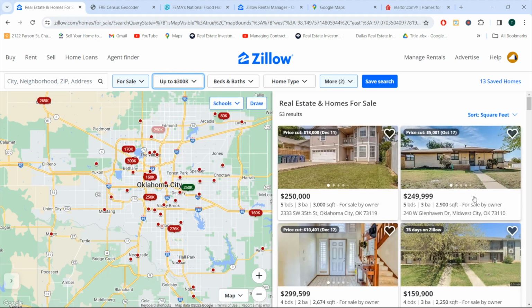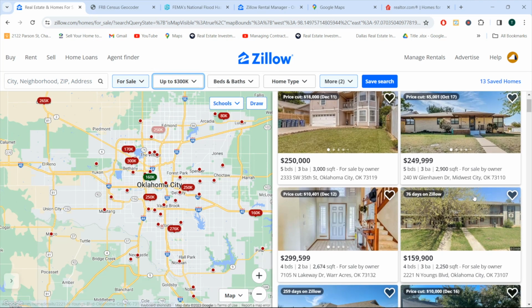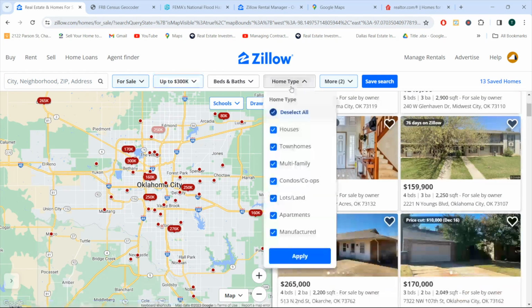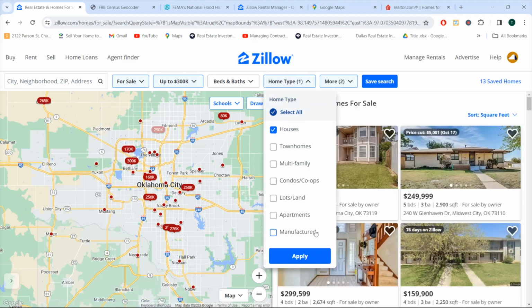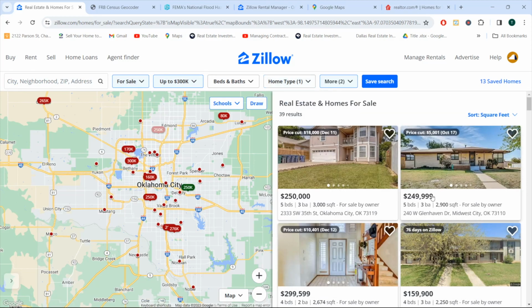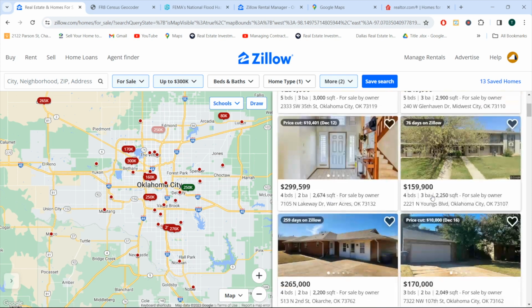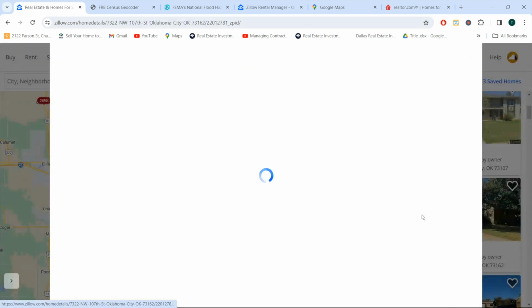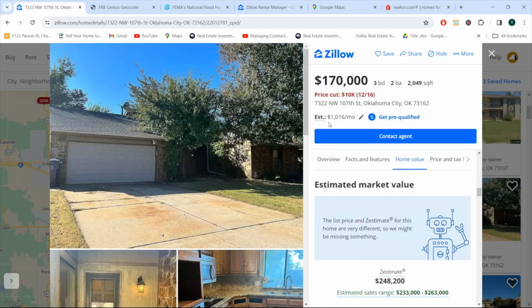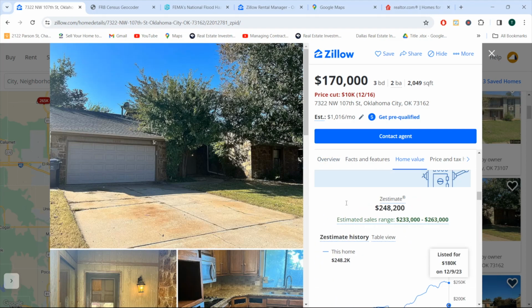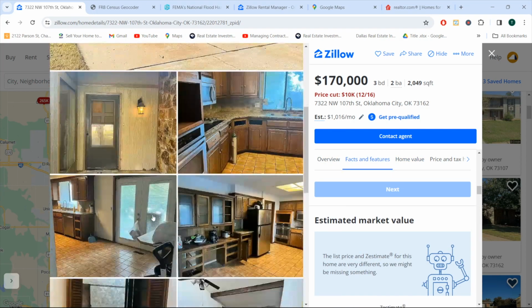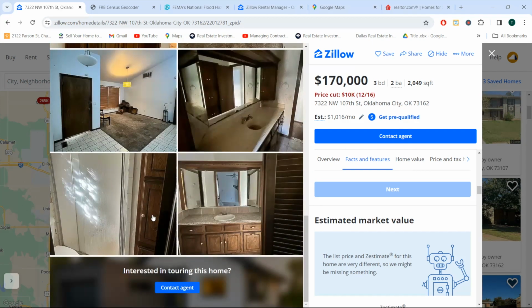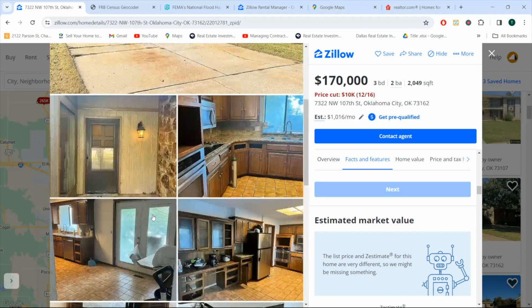All right, so look at this one right here. Well, that's like an apartment. I want to isolate houses for this example just because most of you guys are going to be looking at houses. Okay. I think I want to pick this property here because it's sub $200,000. Yeah. Okay. So here's a property that needs some work. They're asking 170,